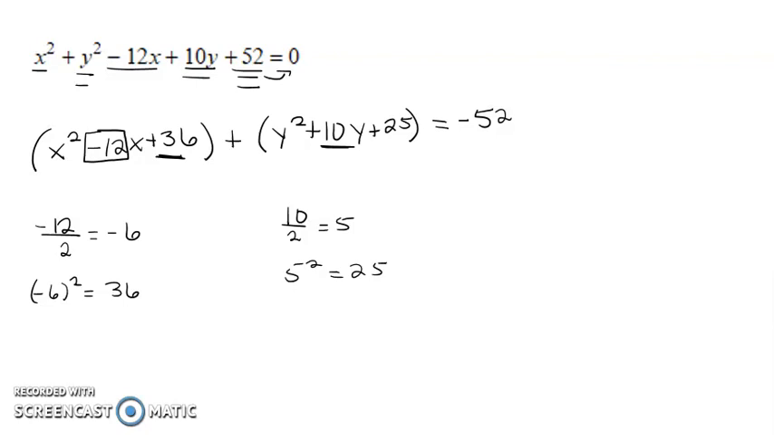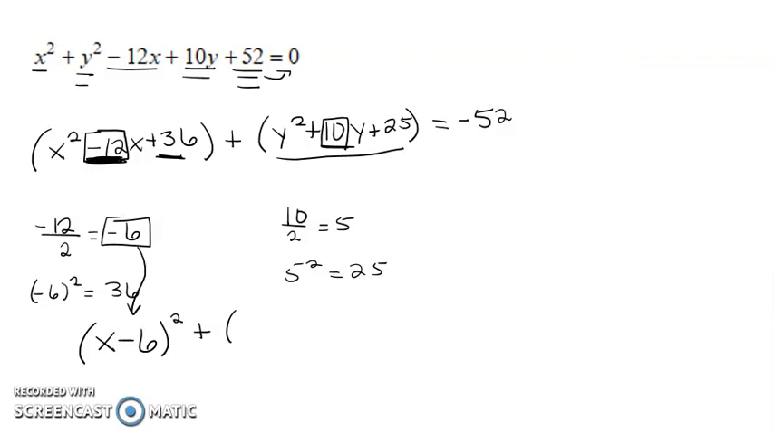In the way I do that, again, the b value is key. My b value is negative 12. If I half it, I got negative 6. So when I make this into a binomial, instead of having x squared minus 12x plus 36, I can write it as x minus 6. See how this negative 6 comes down? X minus 6 squared plus, now for the y's, I've got 10. Half of 10 is positive 5, so I'm going to have y plus 5, quantity squared, equals